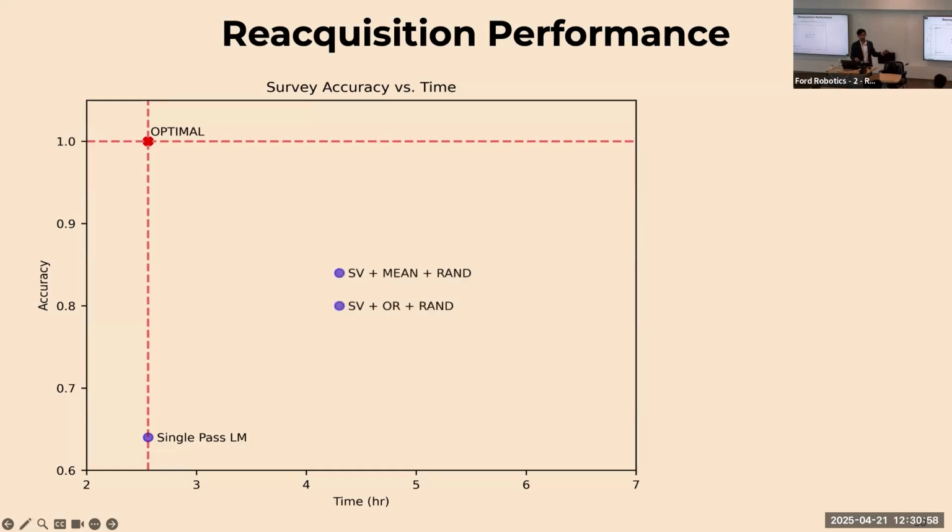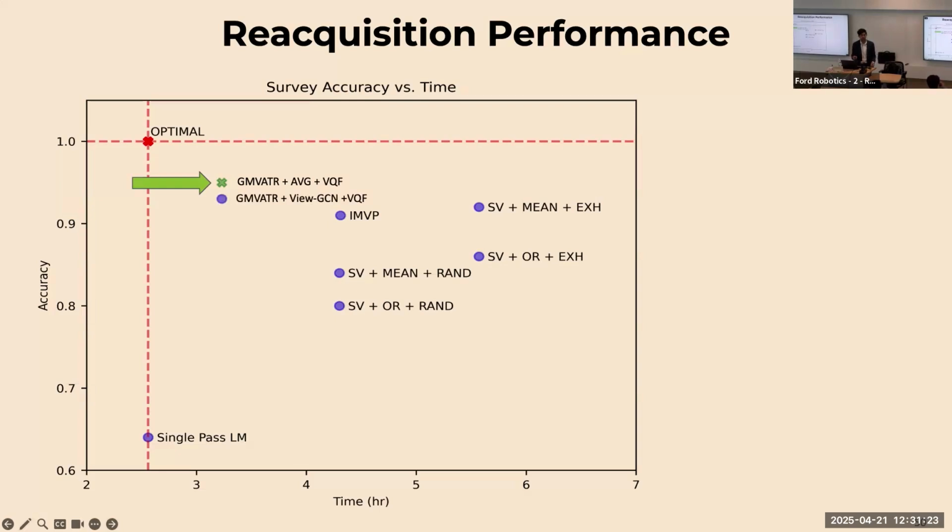So we see that some of these baselines that use single view classifiers and random policies fall here. Those that use exhaustive policies or inspect all the views have higher accuracy but take longer time. IMVP falls here, so it takes less time and is more accurate than a random policy. And our method falls here, which is significantly less time than baselines and also higher accuracy compared to other baselines.